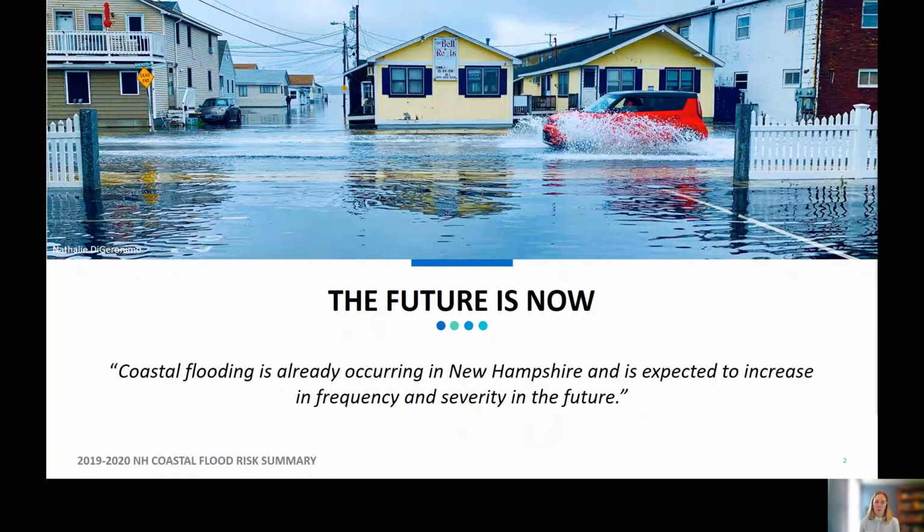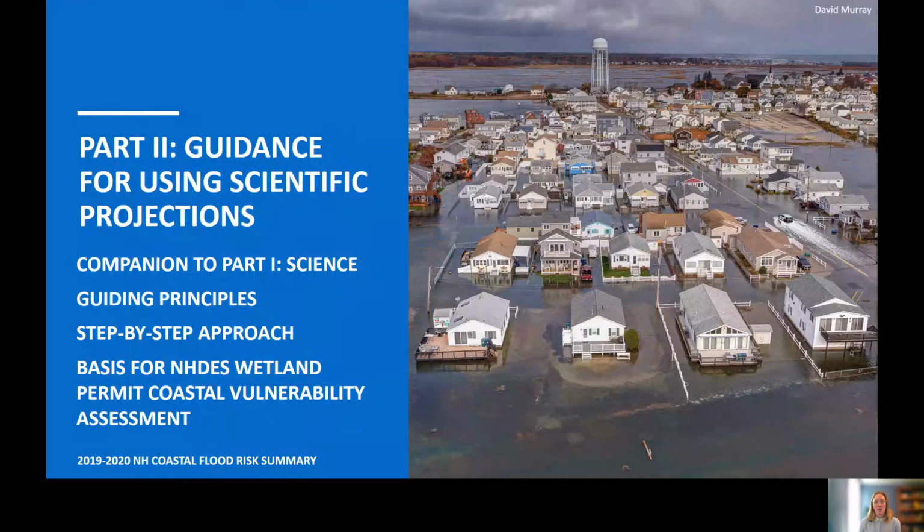Part 1 science was published in fall of 2019 and was followed by Part 2 guidance published in March 2020. And the guidance lays out guiding principles and a step-by-step approach to integrate future coastal flood risk information into plans, regulations, and site-specific projects. So for those of you who are gaining some familiarity with the updated DES wetland rules, the guidance informed the requirement for coastal vulnerability assessments to be conducted for projects requiring a wetland permit in the